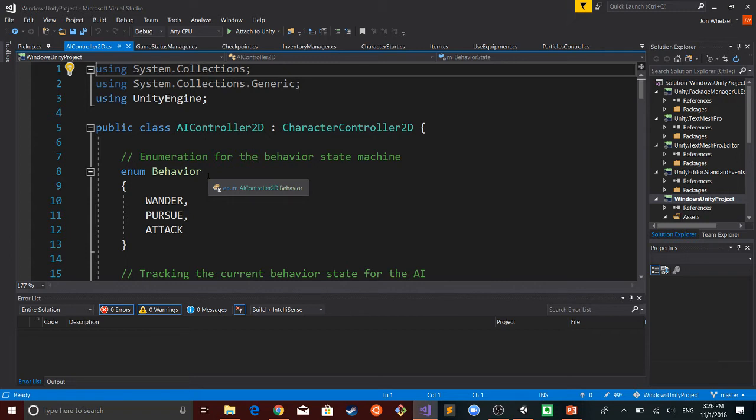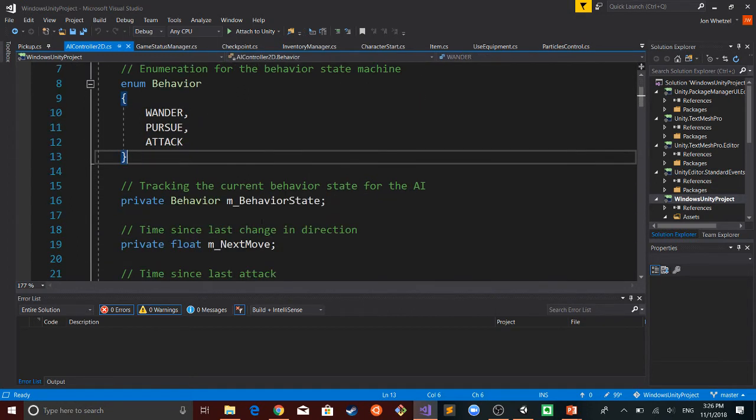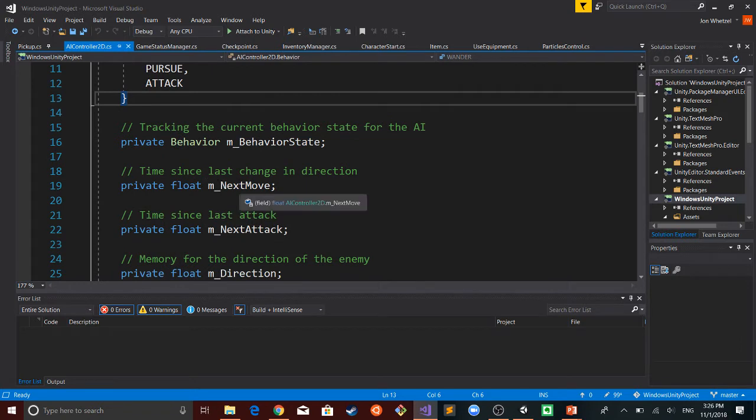So in this case, because there can only be 3 values for our behavior, we define them as wander, pursuit, and attack. And so we can track what the behavior state is. So the variable type here is our behavior enumeration. And then we have some private variables to track